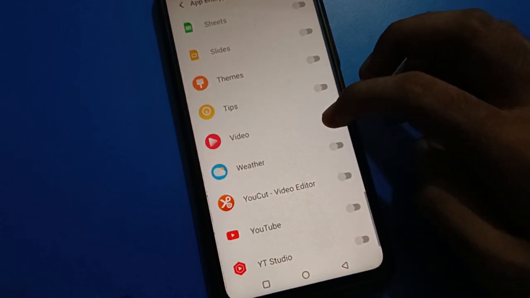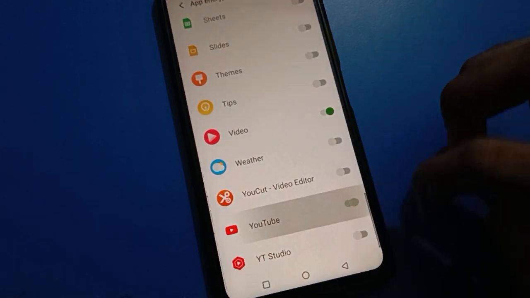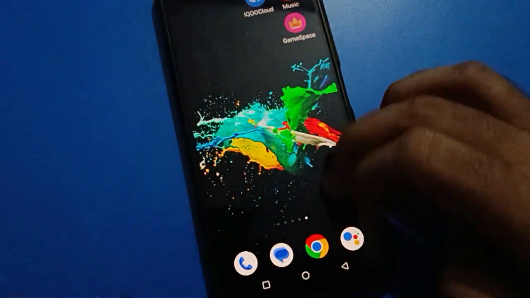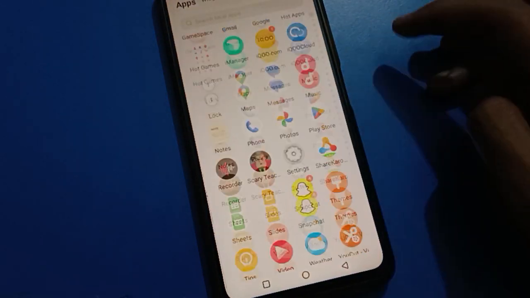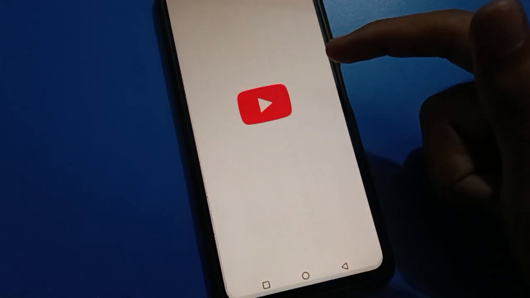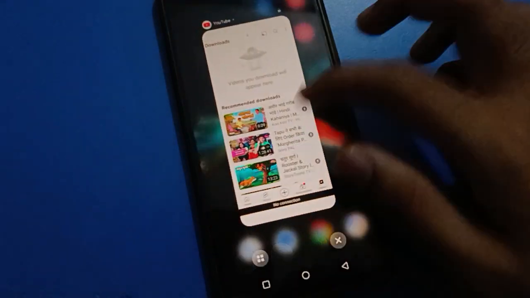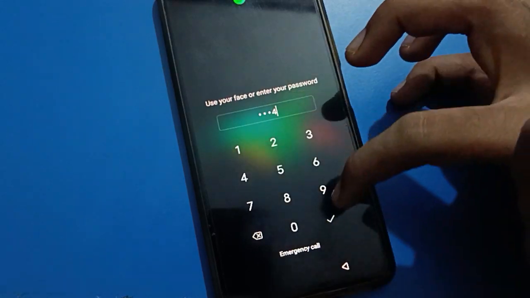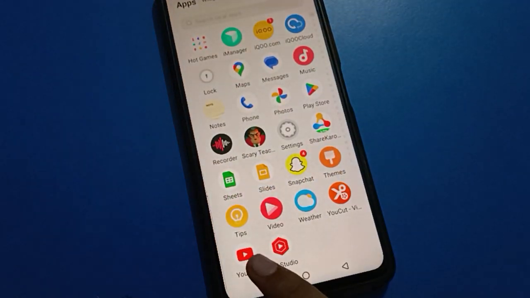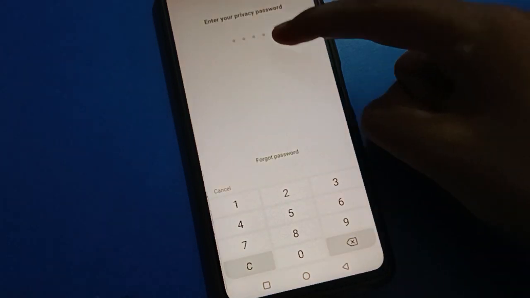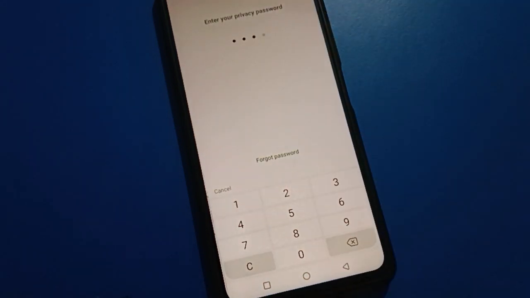So friends, I will lock my video app and YouTube app. You can check, when I open the YouTube app, show your face, you can unlock your YouTube app. Again turn off your YouTube app. So friends, when you open your YouTube app, don't show your face, click here use password, enter your app lock password, you can unlock your YouTube app